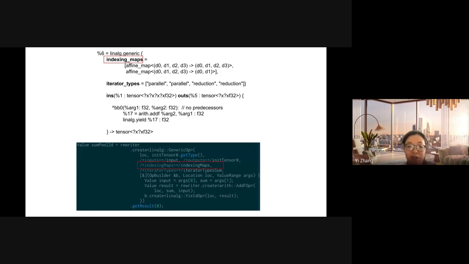So now you are familiar with each of the components: the indexing map, the iterator types, the input and output operands, and the compute payload.